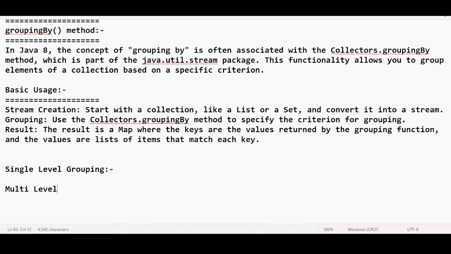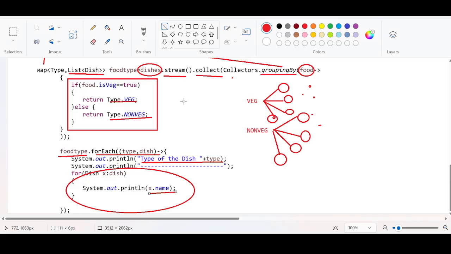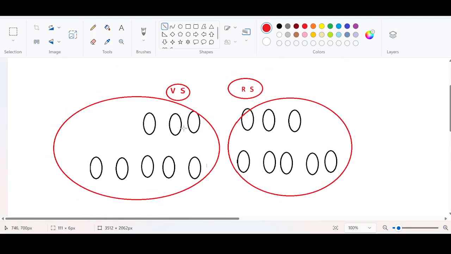Multi-level grouping. This concept is going to be very interesting, and if you are good with this concept, you can answer all kinds of questions on top of the Java 8 features. Multi-level grouping is the same as single level grouping, but the idea here is, so for the single level grouping,